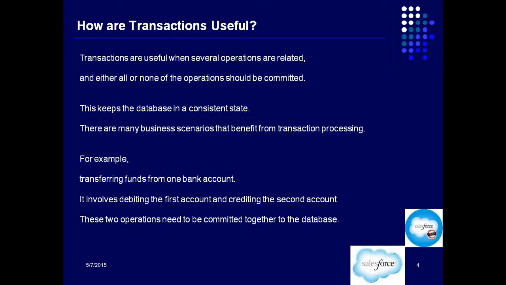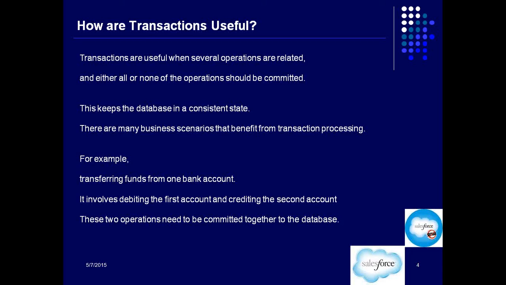Okay, if I have to take one more example, we were doing the wizard the other day. Remember we were doing that wizard example? Now, in that wizard example, we used that method for saving the data, and it had three insert DML operations. First one inserting the account, second one inserting the contact, third one inserting the opportunity. Your business logic is that all three of them need to be inserted together. That is what we were trying to do, right? We could have inserted the first one on page one, but why were we trying to do it on all three of them? Because the business wants me to create an account, a contact, and opportunity, all three of them together.